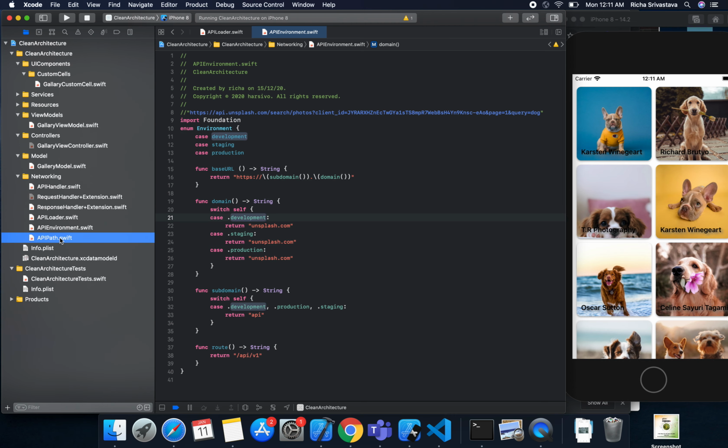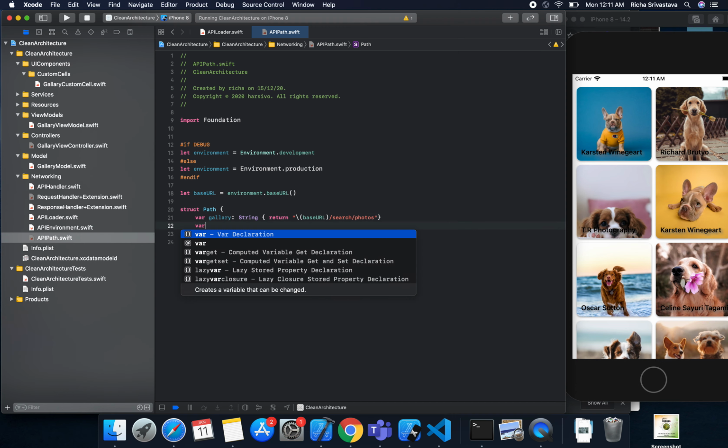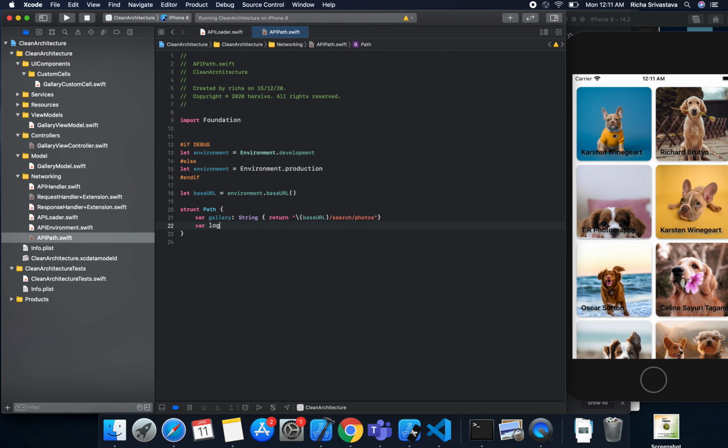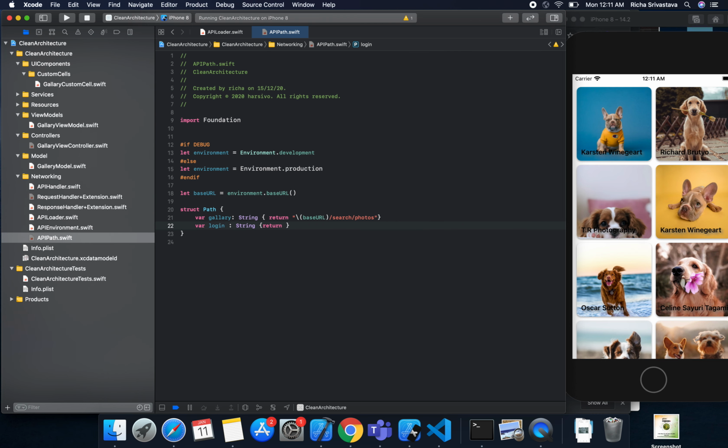And then API paths. For different APIs, I have only one API in my application as of now. So I have only created one API. So I have struct path, so that this will have different paths. So let's say I have a login path. It will look like this. Exactly the same thing, but in return I will have like